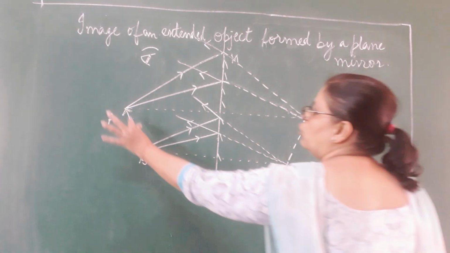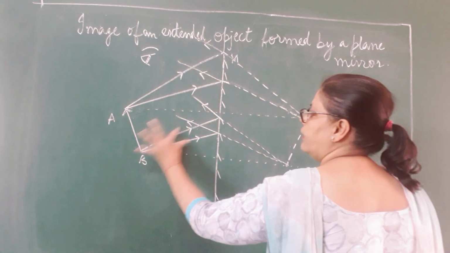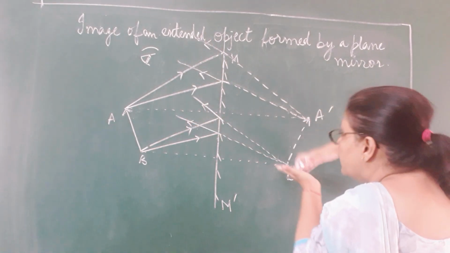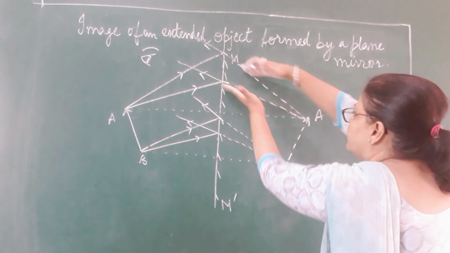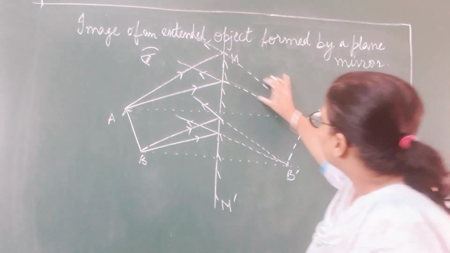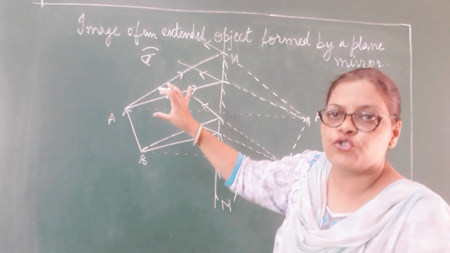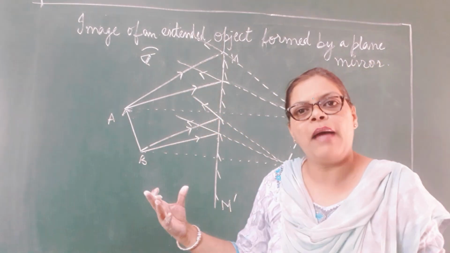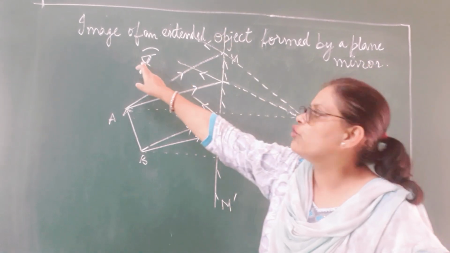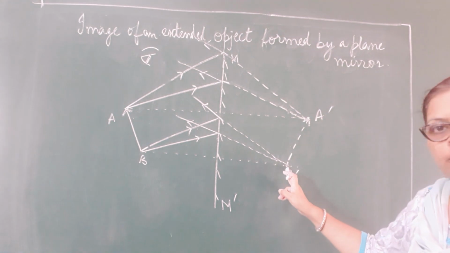Right? Then I took 2 slanting rays from A, 2 slanting rays from B and took them in dotted so that they meet at A dash and this meets at B dash. After that, I pull them back. These are called pullbacks, straight pullbacks. I call them straight pullbacks. With the help of scale, you pull all the 4 rays back and here is your eye so as to see the image. Right children?